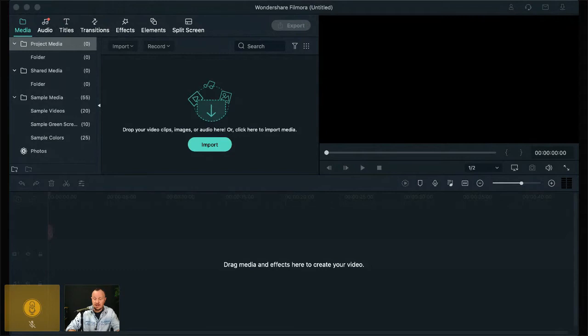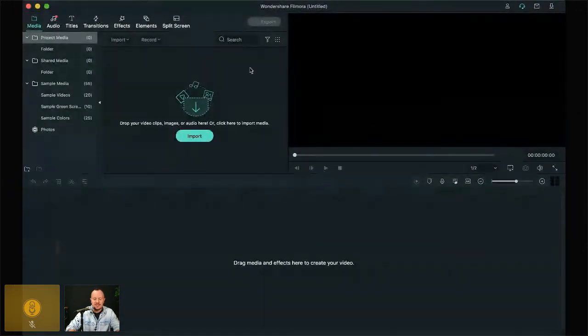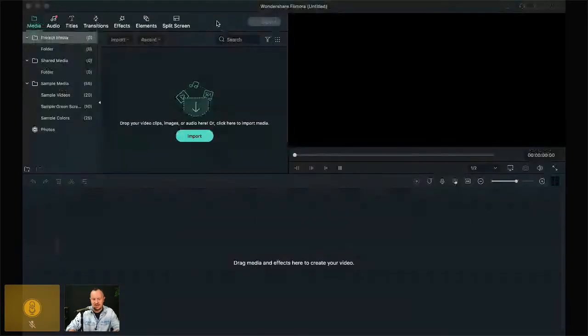So the first thing I'll show you in Filmora here, hopefully you can see the drop-down menu from where I go into it, but you'll notice that it is actually in dark mode. If you want to change that, you go to preferences, and then right here from the user interface, it'll say appearance and dark mode. You can change that to light mode if you prefer to work in light mode. That's just something that took me forever to figure out.